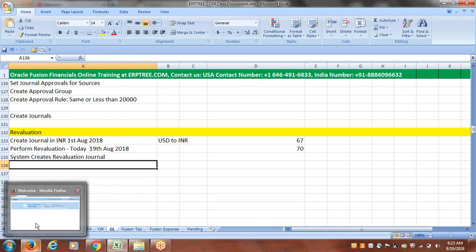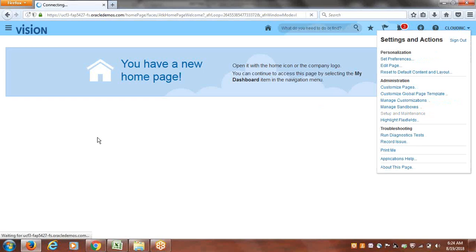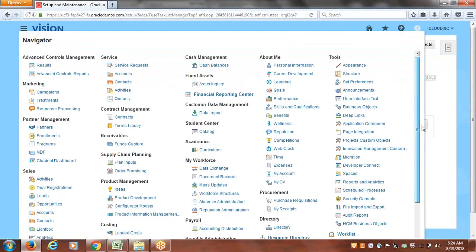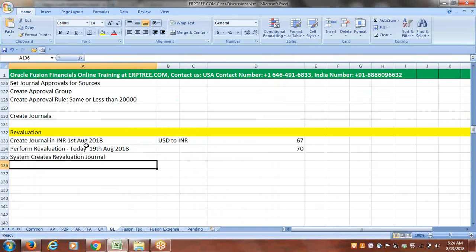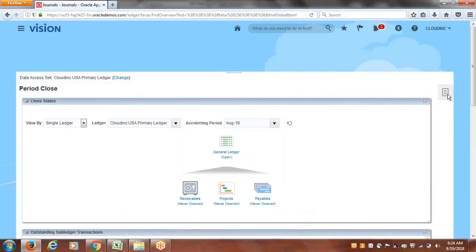Concept-wise and setup-wise, there are no changes in Fusion if you compare with EBS. So first we'll go and create the journal. Go to the navigator and go to the journals task. Before that, we have to set the rate. We'll define the currency conversion rate, and after creating that, we can go and enter the journal. Go to the period close task, go to the task list,